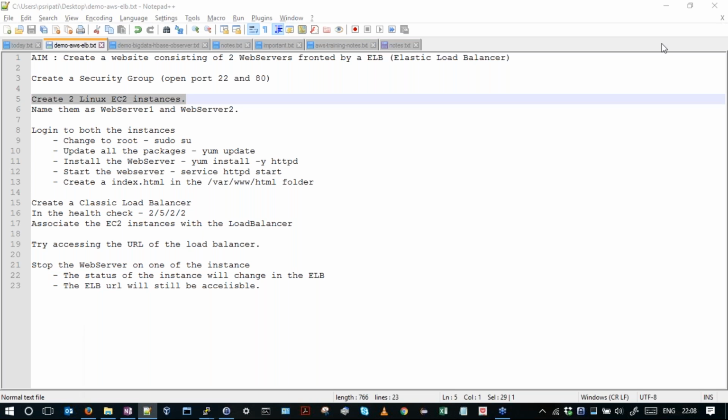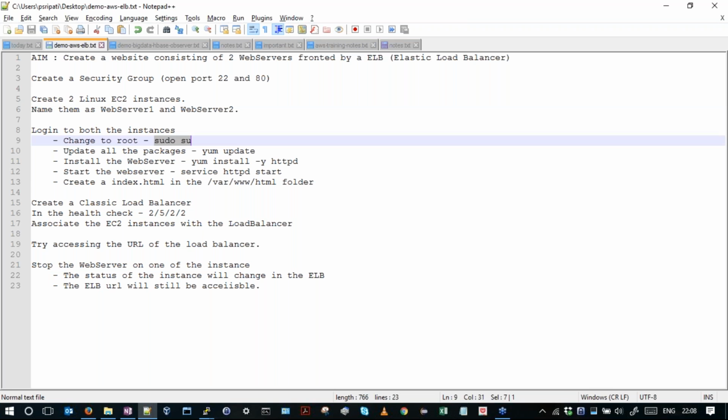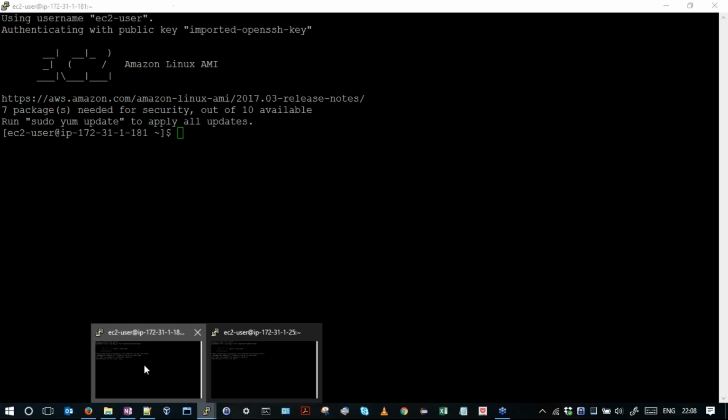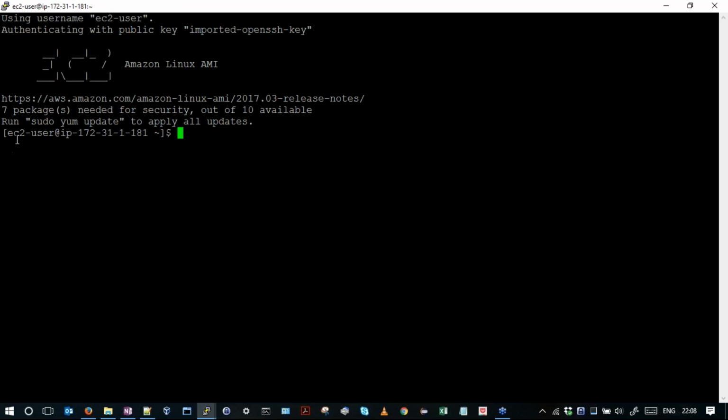To install the web server, we need to be an admin. So let's upgrade ourselves as an admin. This is the command to upgrade ourselves as an admin: sudo su. If you see, currently we are logged in as a user called EC2 user.